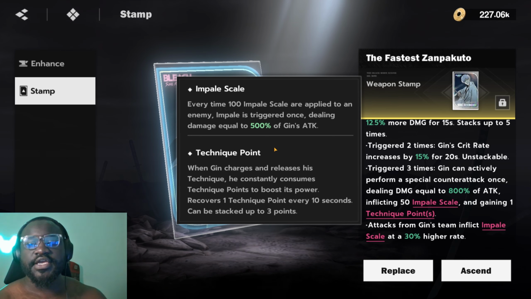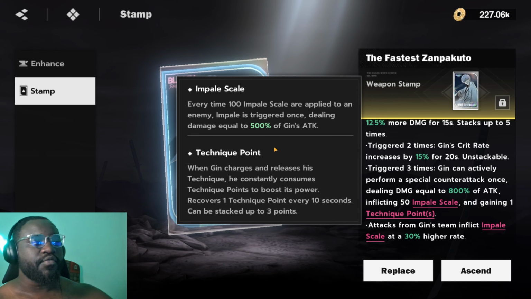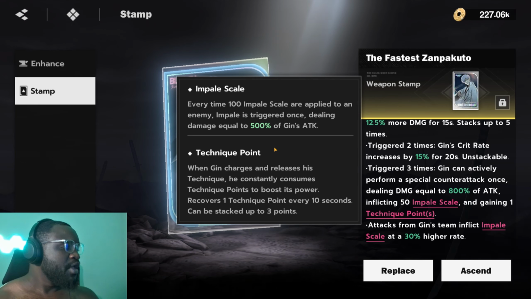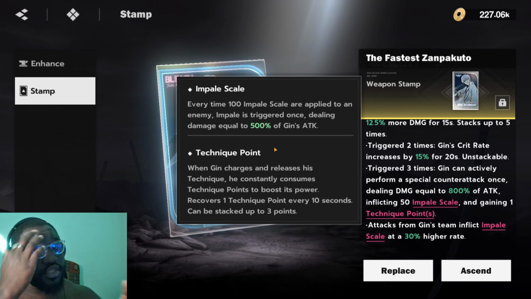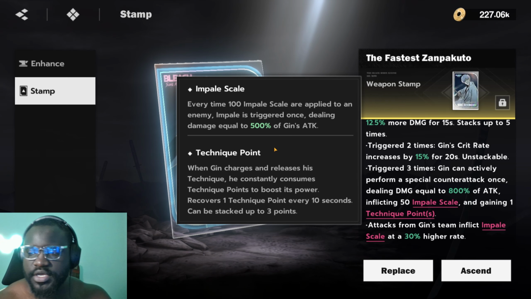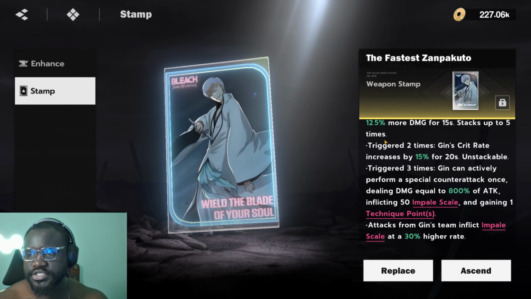And if you let his technique point stack up to 3 points, you can hold his technique rather than just shooting off, because you can stack up to 3 charges of it. Instead of shooting off 3 charges individually, you can actually just hold it when you get up to 3 impales and do a different skill. The animation is really cool. We will see it more than likely today as we're doing some of the actual gameplay stages for this man